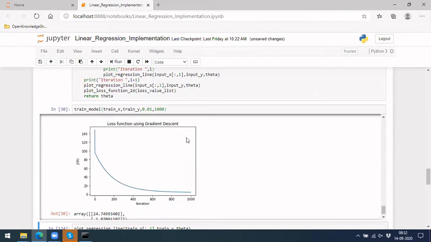You can also see this gradient loss function. For each of the iterations, we have stored the loss. It started from 0 here, and slowly it goes on and on until 1,000. I can say it has decreased to about 10. If we let the curve run for some more iterations, it may even go to 0, or maybe it can stop there. We have to see that only while we run it.